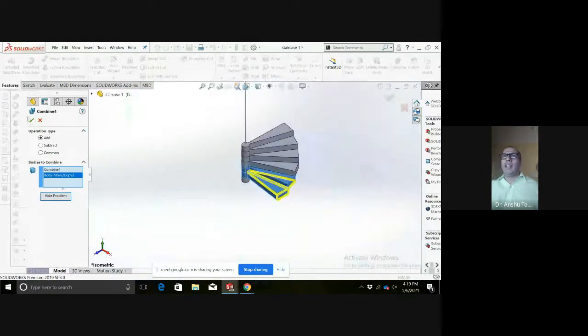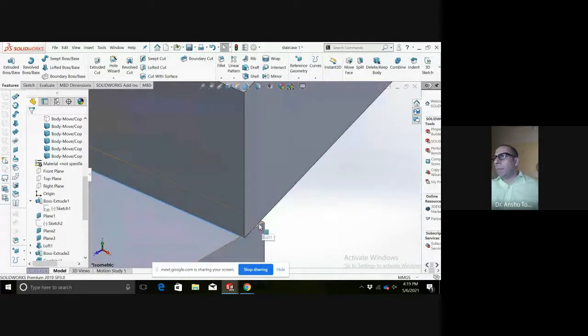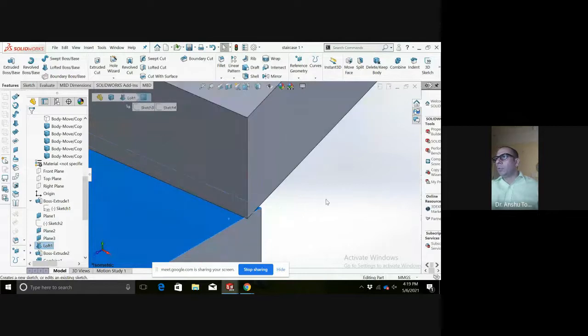So I will have to increase the angle, that means. This overlapping portion is creating problems.